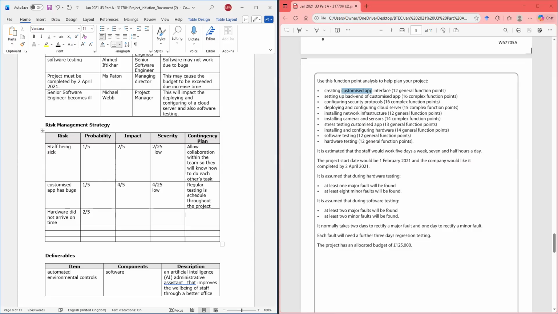It was just recommended. And let's say the impact is going to be high because if the hardware is not there, we can't do the project. So let's say another 4 out of 5. 2 times 4 is 8 out of 25, right? Still low.